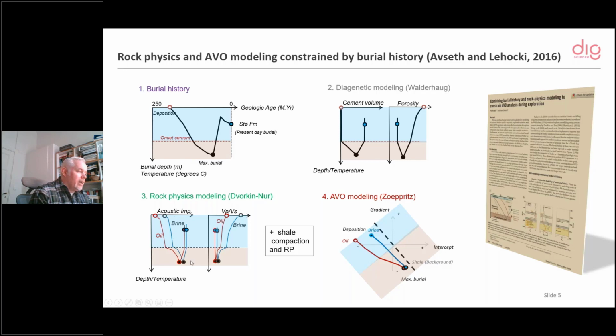We can model the elastic properties, like, for example, acoustic impedance and Vp/Vs ratio, as a function of the burial history given by this burial profile that you see in the upper left, and do Gassmann to see what the fluid sensitivity is at any given location. Of course, we don't really need to know the properties back in the past, but this burial history can vary spatially, and that's why it's so interesting to see how this relates to the past.